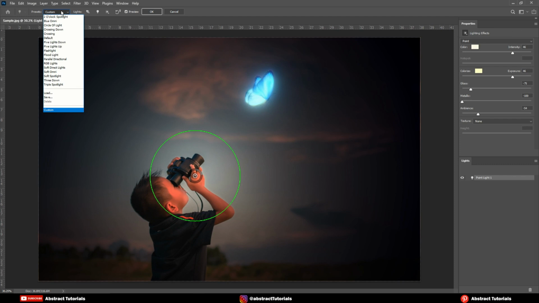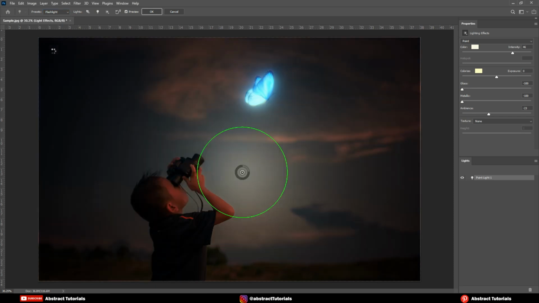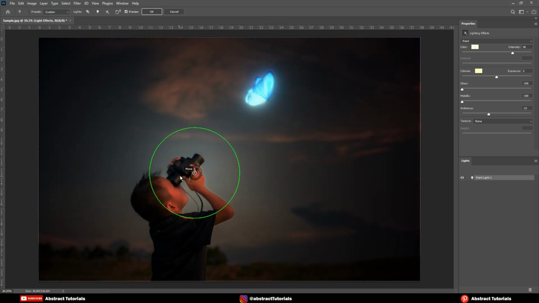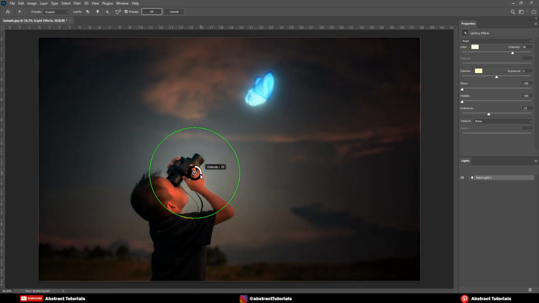Here, select the flashlight preset. Now, adjust the light on the face of the subject and change the settings accordingly as I do.